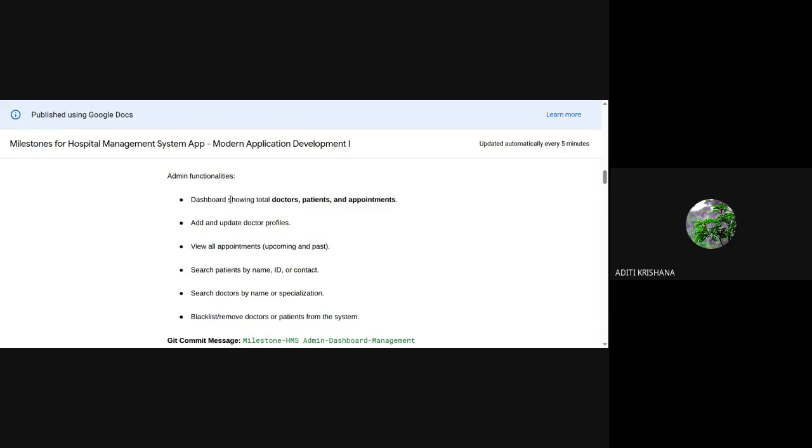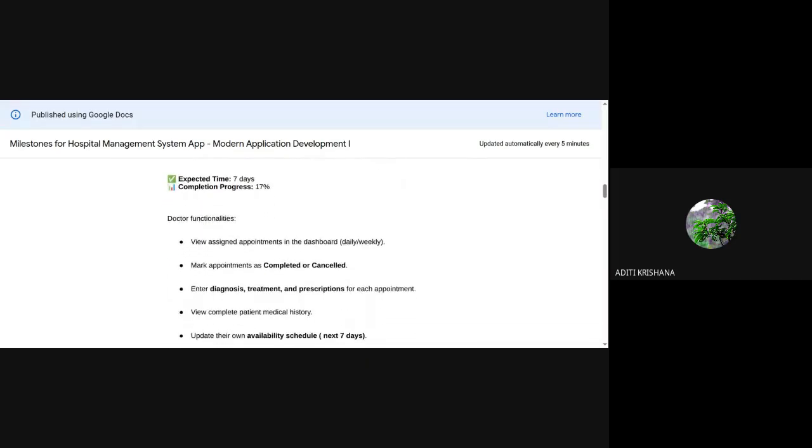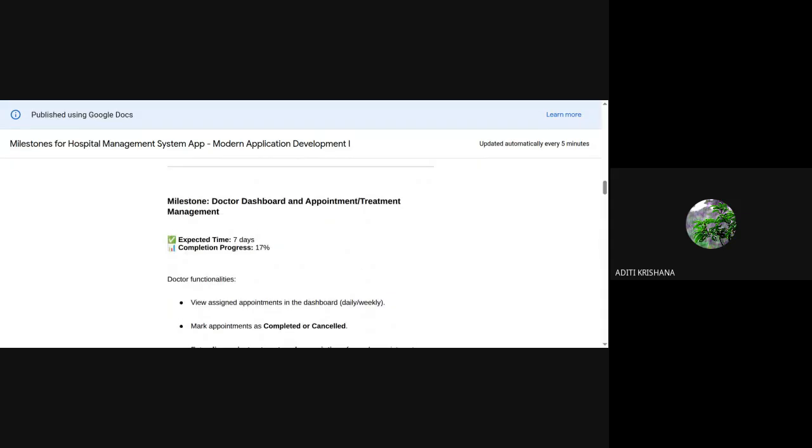Other than that, you can complete all the things by today, because the next session will be tomorrow evening. Now coming to the doctor's dashboard. Before that, I want to know whether every one of you has created one availability column inside the doctor table or not. Those who have not created it, just raise your hand.